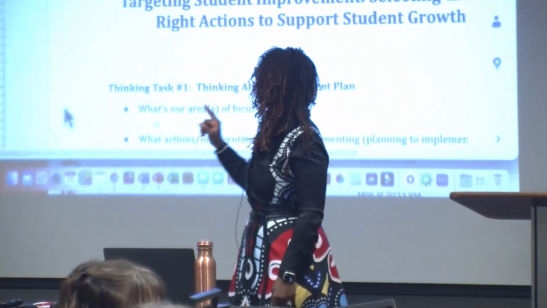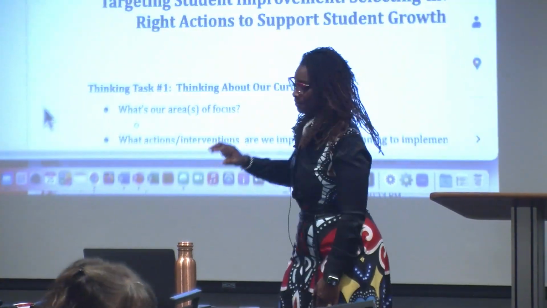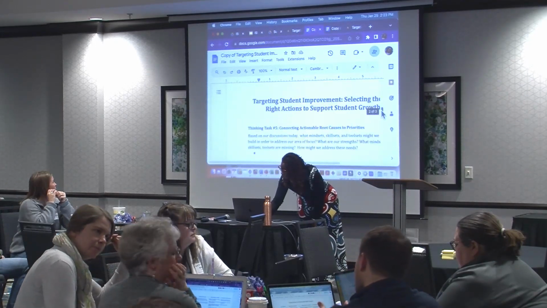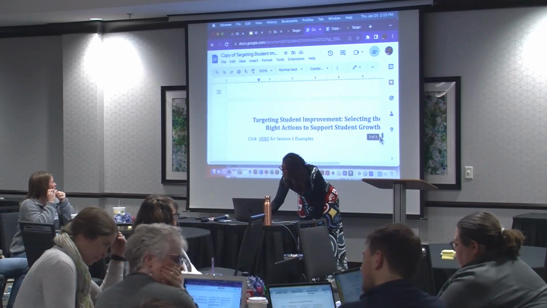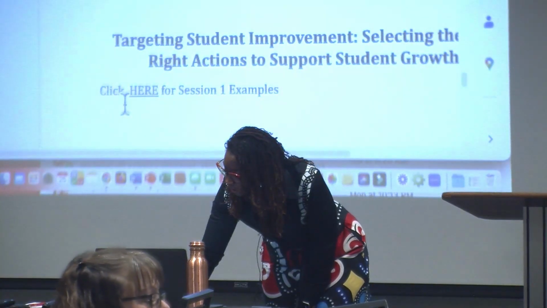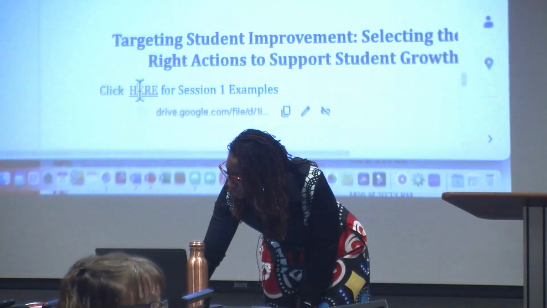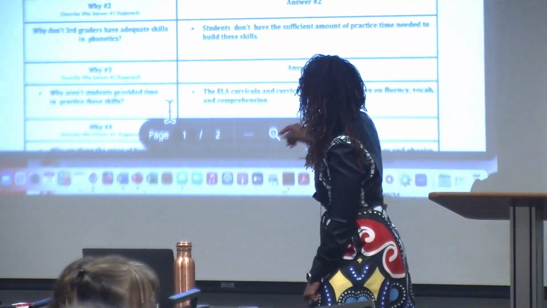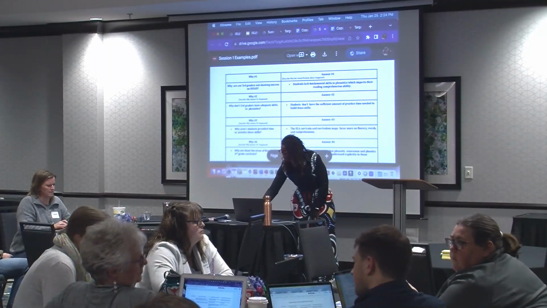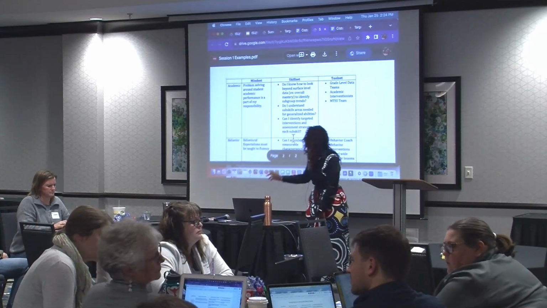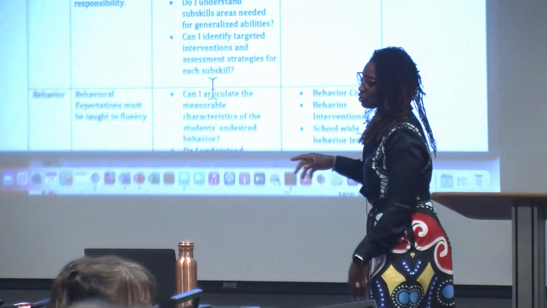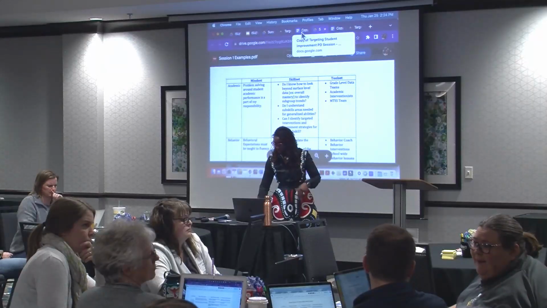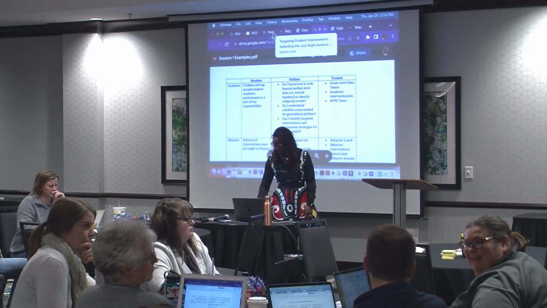Before I forget, on your chart, the guided notes for the day, the very last page, it says click here for examples. If you click there, you're going to see the example whys that we came up with, and also the skill set, mindset, tool set we just went through. If you need those as you're sharing back in your spaces, that's where you can find them, at the end of that document.